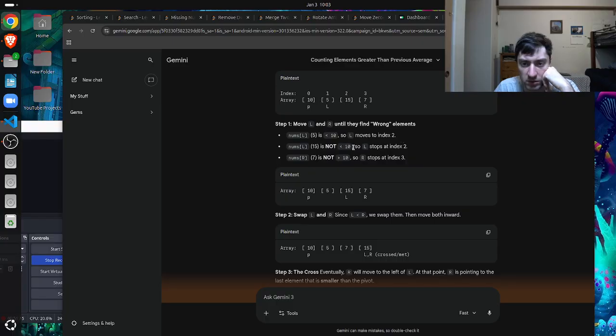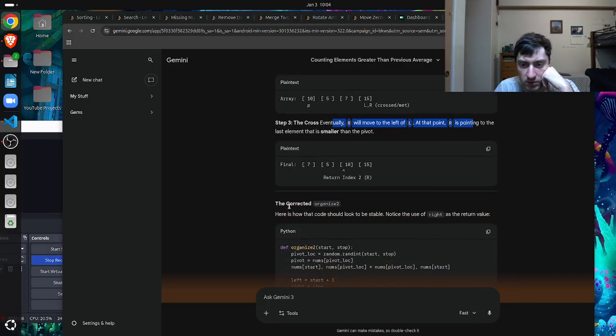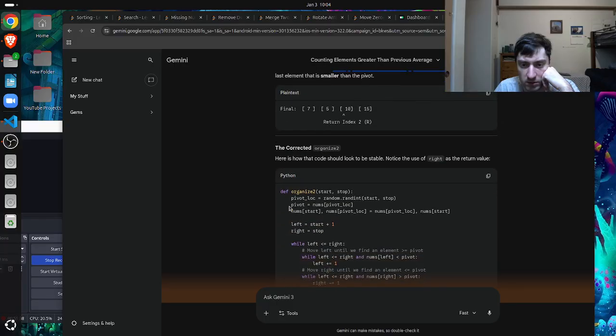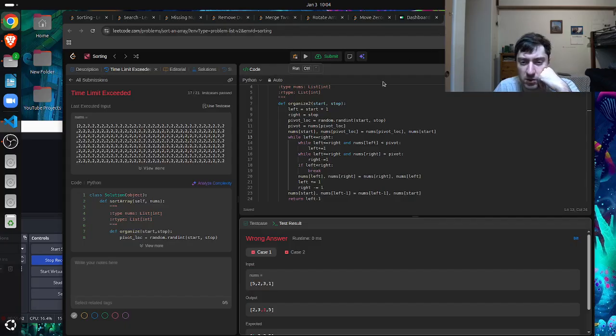It's not greater than 10, or less than 10, so it stops here. Okay. Eventually, they will move the last element. Okay. So